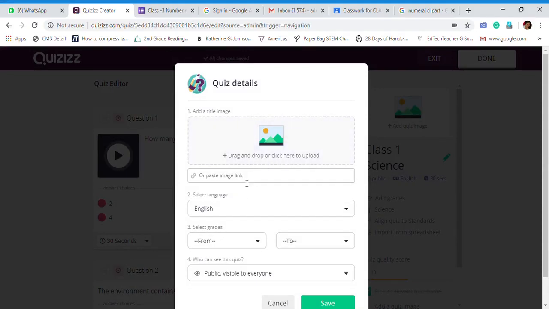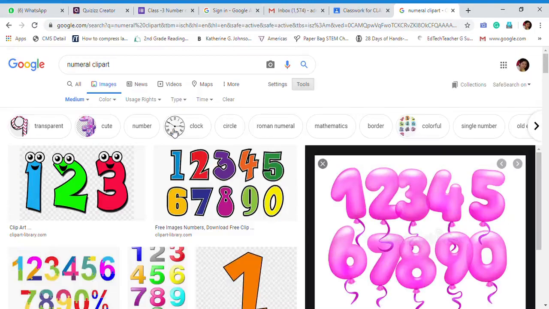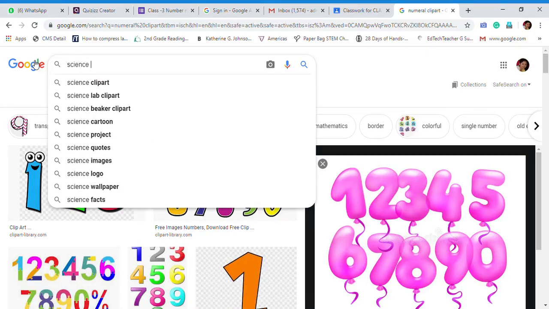And before saving, you can add a title image with your picture. Okay, I am trying to find a picture related to science clip art.